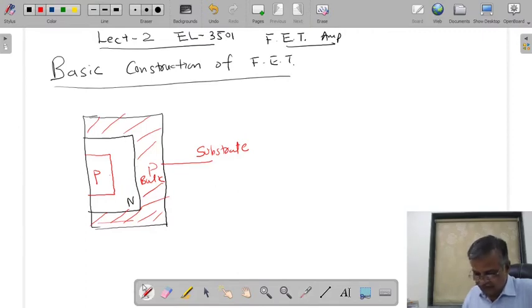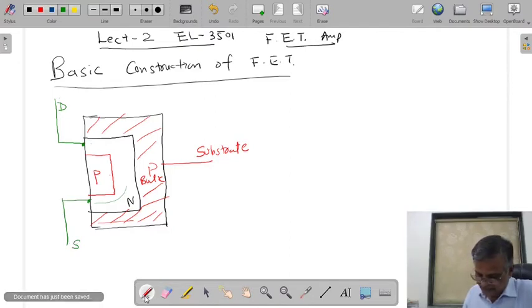Now, at the two ends of this N channel, you make ohmic contact. One contact is known as a drain, the second contact is known as a source,